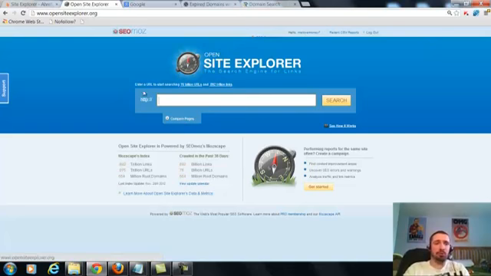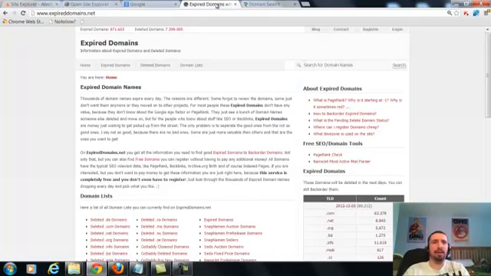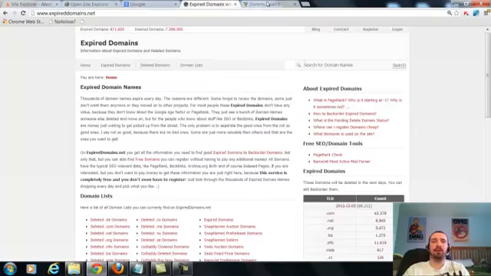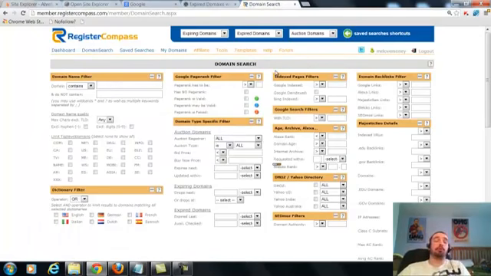Some of my favorite tools for building these are OpenSite Explorer. You can probably use the free version, and I'll go into this more. Expireddomains.net, and then registercompass.com. Expireddomains.net and registercompass.com are both for finding expired domains, and I'll show you how to use them. And then I'll go through how to set them up and how I actually link with them all. But yeah, private blog networks are very, very powerful, and I recommend that if you set them up, you don't let anyone else use them, or maybe just some very select few friends.